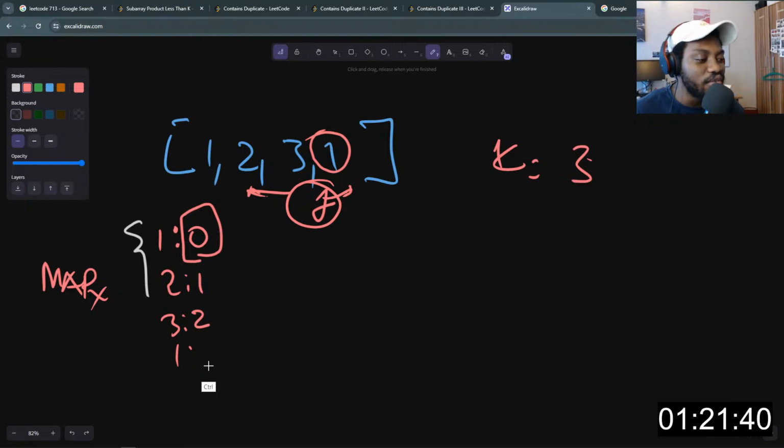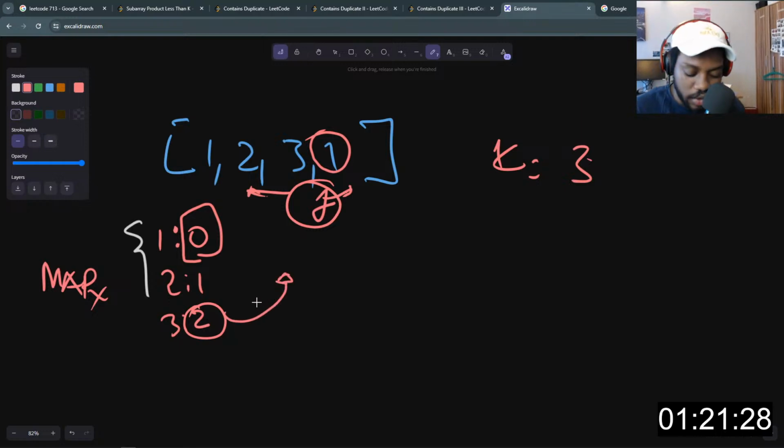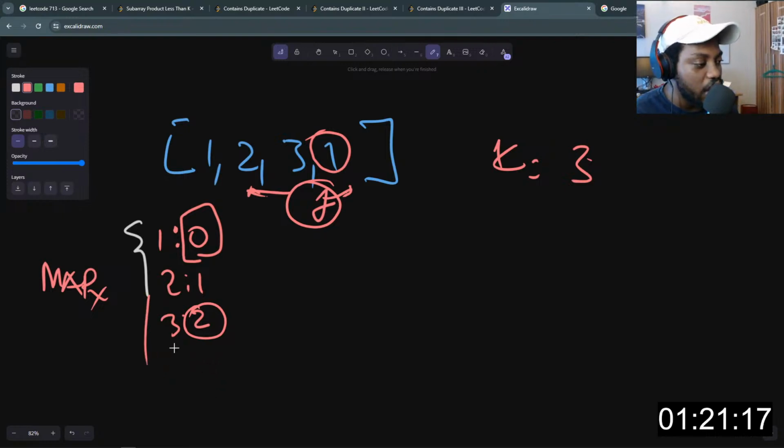That's not really possible. So we do 3 corresponding to 2. Now when we iterate through this array, we know 2 is here, and the next value, the place where the duplicate happened is this one here, where 1 is equal to 4. So that's where the duplicate happened. So what we need to do is take the index at which the duplicate happened.